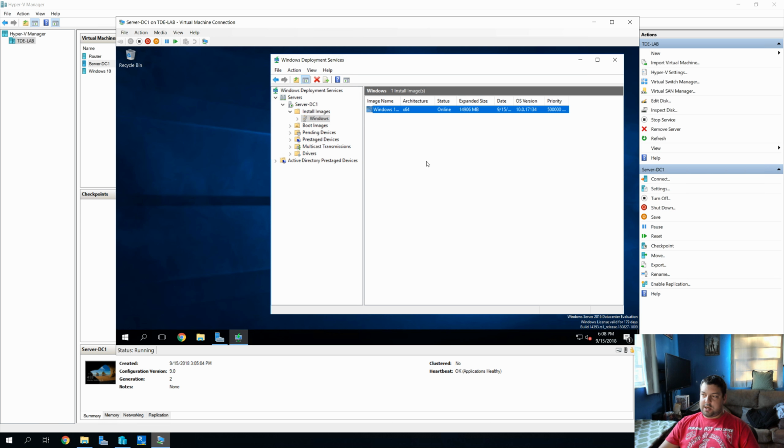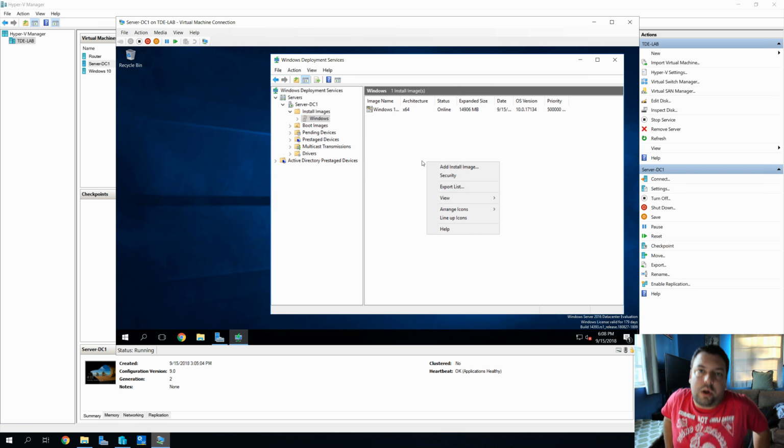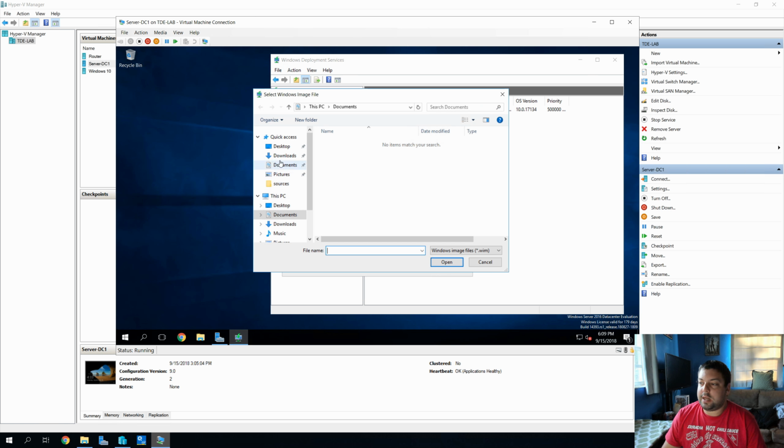And I want to show you what I was talking about. I actually brought over a WIM from another installation that I have, and I want to show you what Windows 8 and 10 have been doing that you may not know. That is that your license key matters for the edition that you want to install, but the ISO technically includes all of the editions that are available. So if we hit add install image, we're going to navigate to the one that I copied over earlier, the install64.wim,